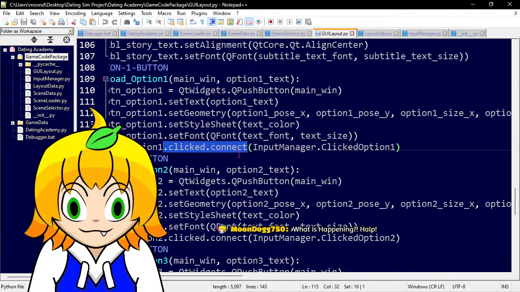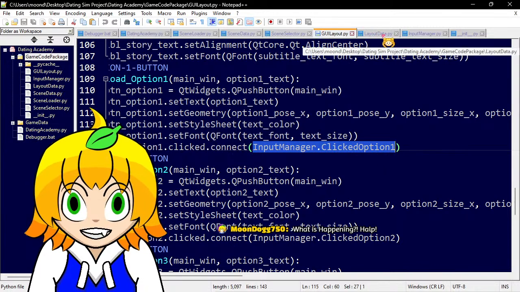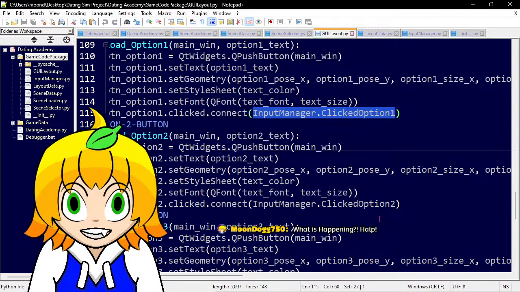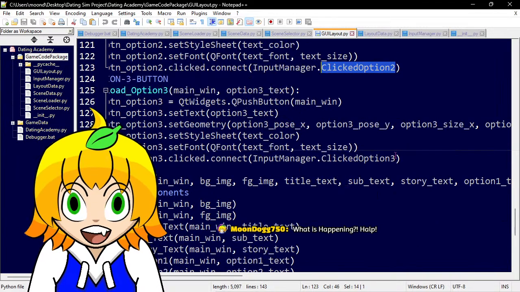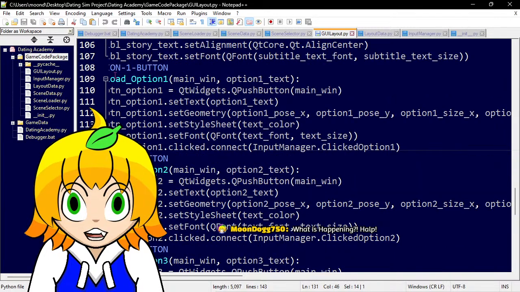So we clicked, we call function, and what I'm doing is calling the input manager, which is another one of my modules. And we got option 1, 2, and 3. So if we click button 1, we're gonna call the input manager function clicked option 1.